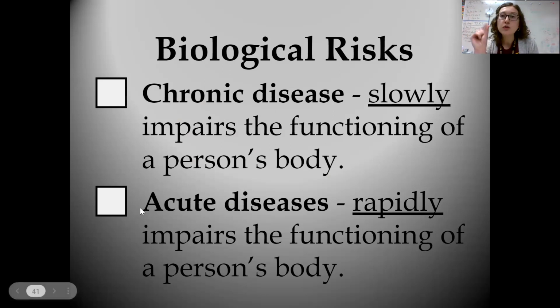Acute diseases are going to be short-term ones. So these are ones that rapidly occur, usually in the span of a couple days, a couple weeks. So you go swimming somewhere and there is a really weird bacteria in the water, and then you drink the water, and then that bacteria has a little fiesta in your body and causes you stomach cramps and intestinal bleeding and diarrhea. Good morning or good afternoon, whatever time you're watching this video. So that would be something short term, and it happens very quickly in the span of a couple hours, a couple days, a couple weeks.